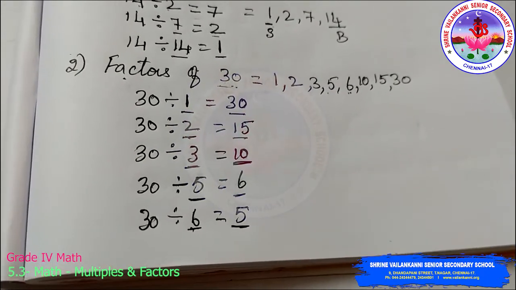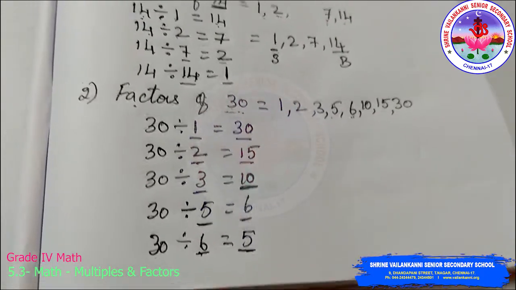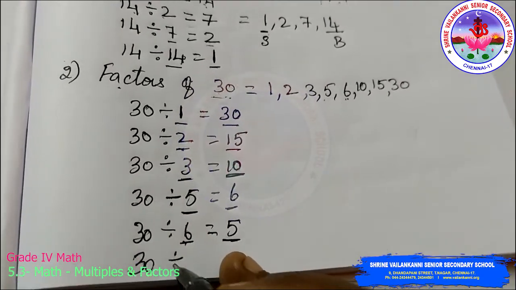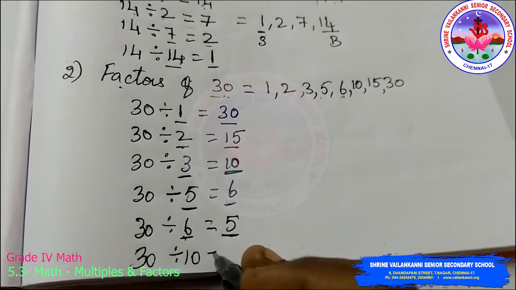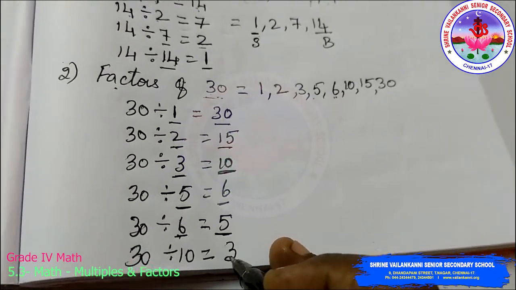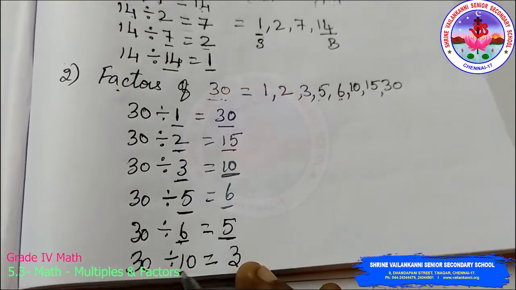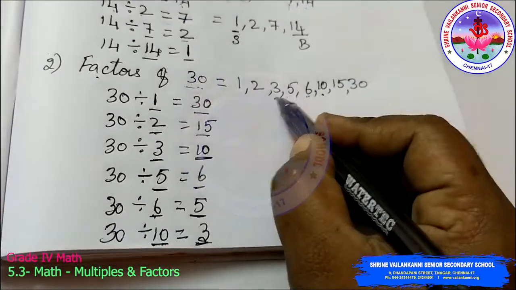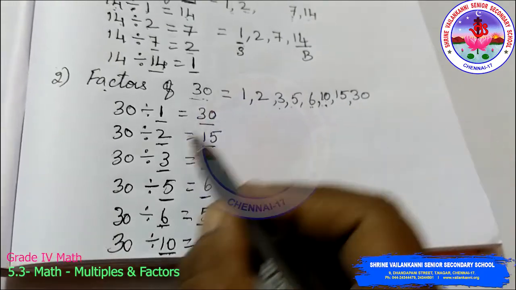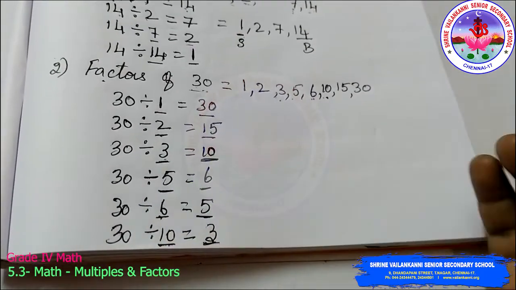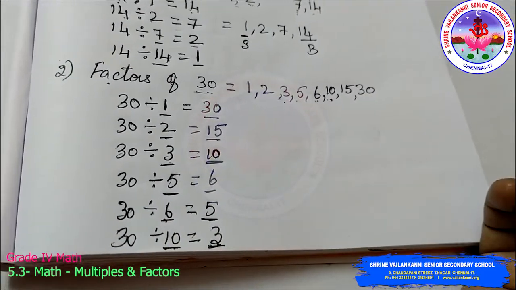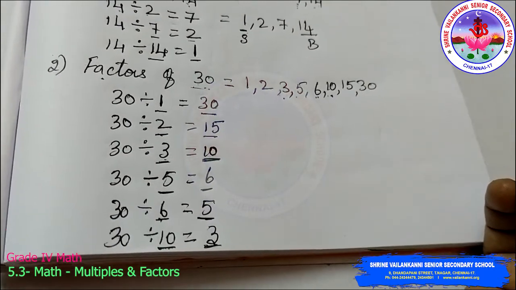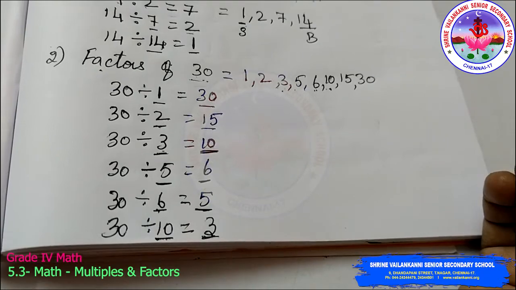The 9 table also, we will not get 30. And the 10 table, 30 divided by 10. How many times? 3 times. Yes. So this 10 and 3 we have already written as factors. We have found them here. And then 11 table, 12 table, 13 table, 14 table. It is not divisible by any of these: 11, 12, 13 and 14.